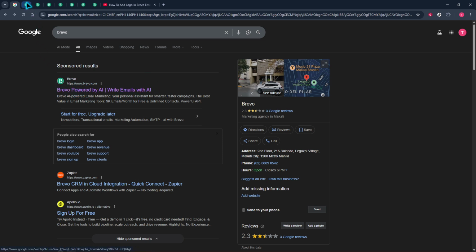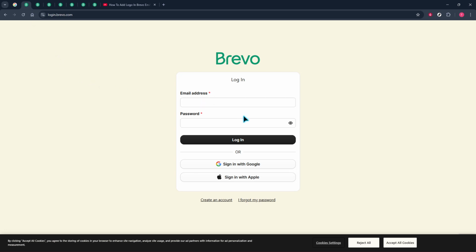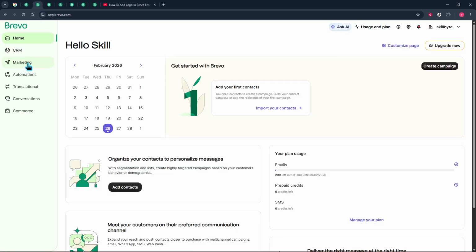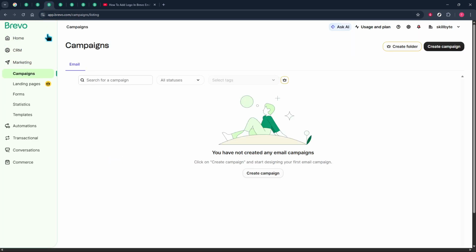I'm using the sign in with Google option, then selecting my Google account to continue. Once you're in, head to the marketing section. From here, start a new campaign by choosing Create Campaign, then pick Email as the campaign type. Give your campaign a clear, recognizable name so you and your team can easily find it later and confirm to